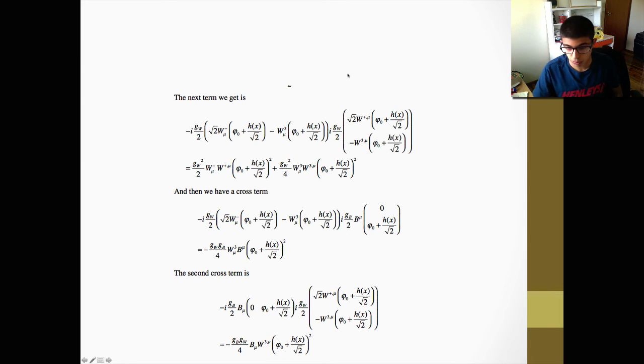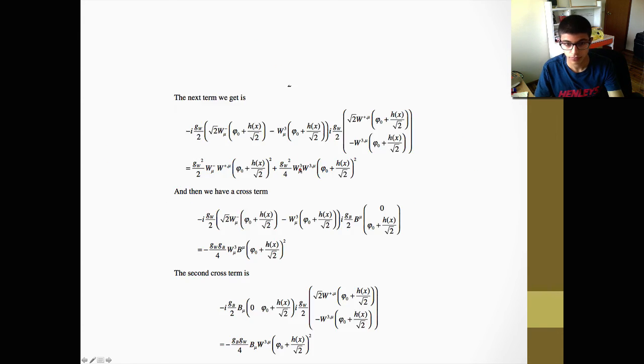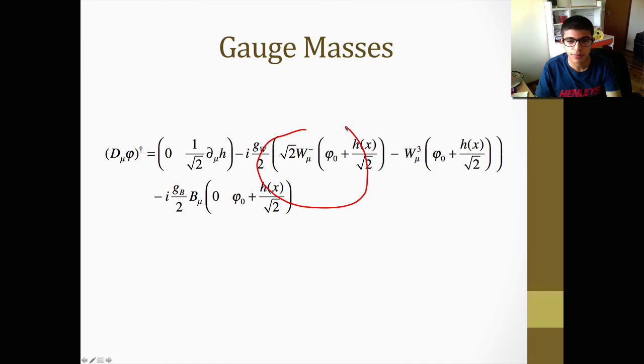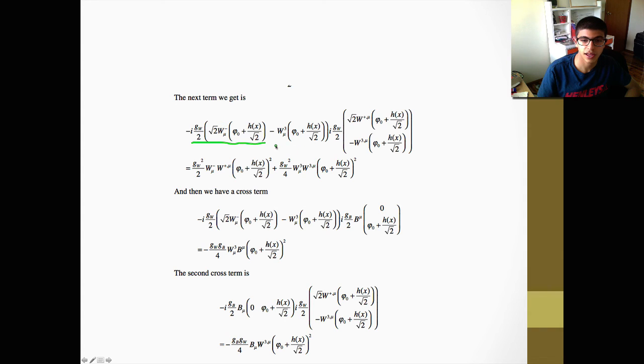So now we want to multiply the next term. We just multiply this term here by the original term. So multiplying that from the original and then that by the transposed, we get essentially the same result, but this time with a plus sign. We also have a cross term. What a cross term means is that we've got an equivalent way of writing this. When you take the cross term, we get the two coupling constants multiplied by each other, this time over 4, right? And then we get a second cross term